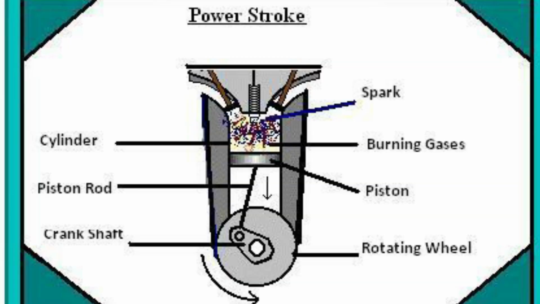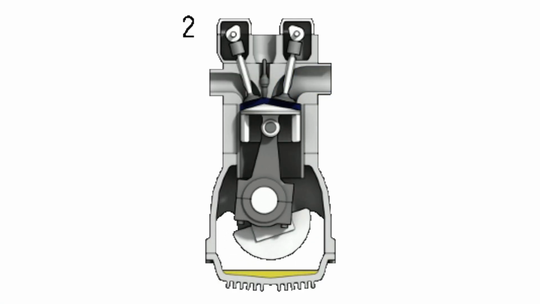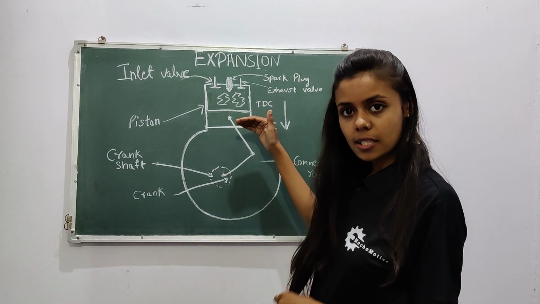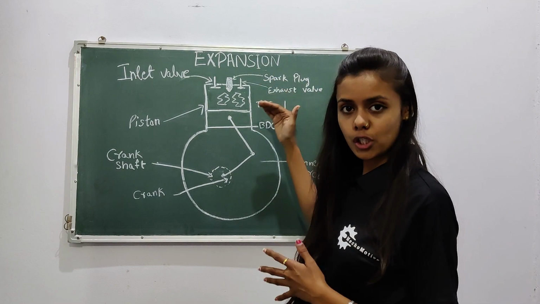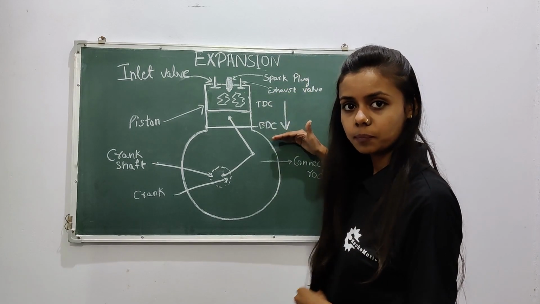So the next stroke is the expansion stroke, which is also called the power stroke. In a 4-stroke cycle, the crank rotates twice. The second revolution starts from here. A full 360 degree revolution at this stage has been completed by the crankshaft. The piston moves from TDC to BDC due to the explosion of the charge. Due to the high pressure of the burnt gases, the piston moves from TDC to BDC.